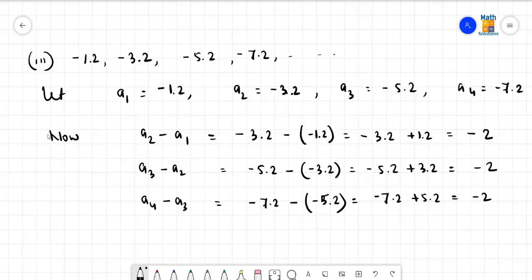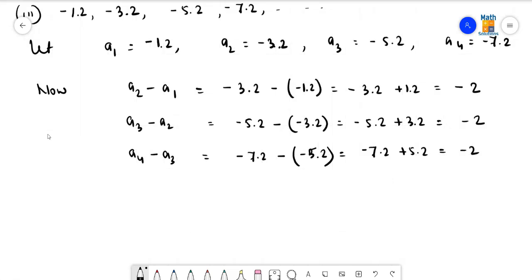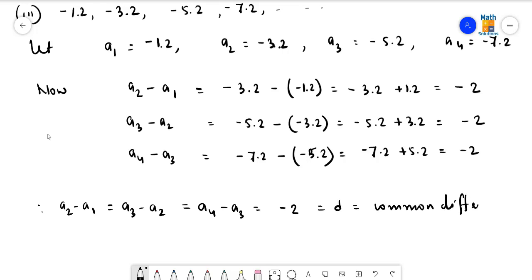So in every case I find a common difference. Since A2 minus A1 is equal to A3 minus A2 is equal to A4 minus A3 is equal to minus 2 is equal to D, that is the common difference. Therefore, the terms are in AP. 3 more terms are